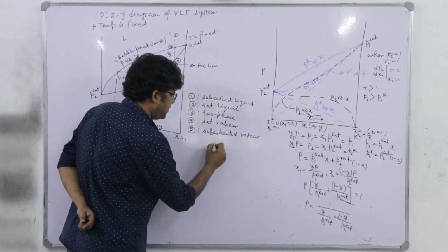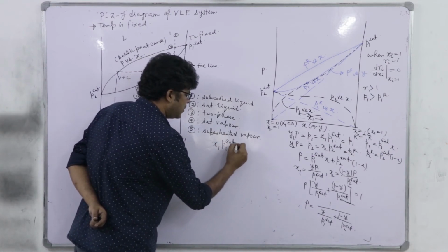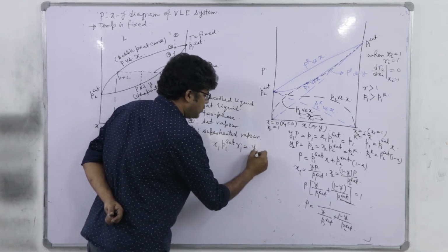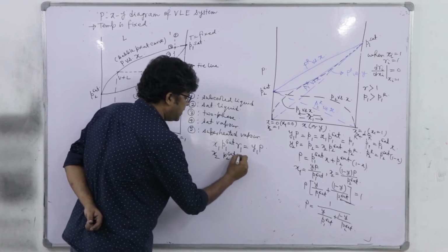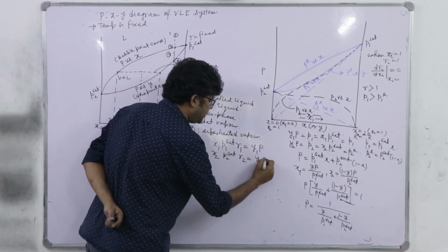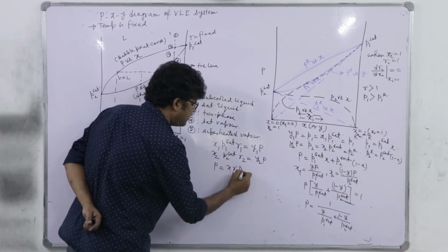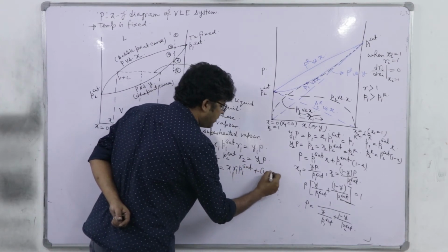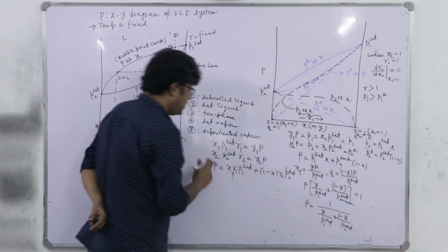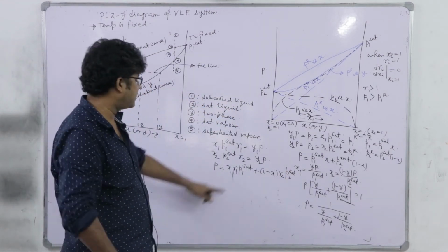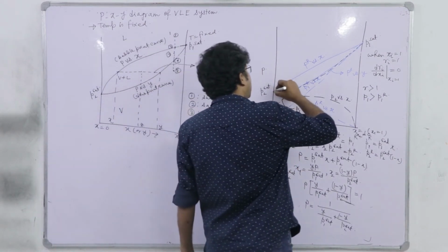x1 into P1 sat into gamma 1 is equal to y1 into P, and x2 into P2 sat into gamma 2 is equal to y2 into P. So, P is equal to x gamma 1 P1 sat plus 1 minus x into gamma 2 into P2 sat. Now, here P is a nonlinear function of x because gamma 1 and gamma 2 are nonlinear with x. So, we will have the curve